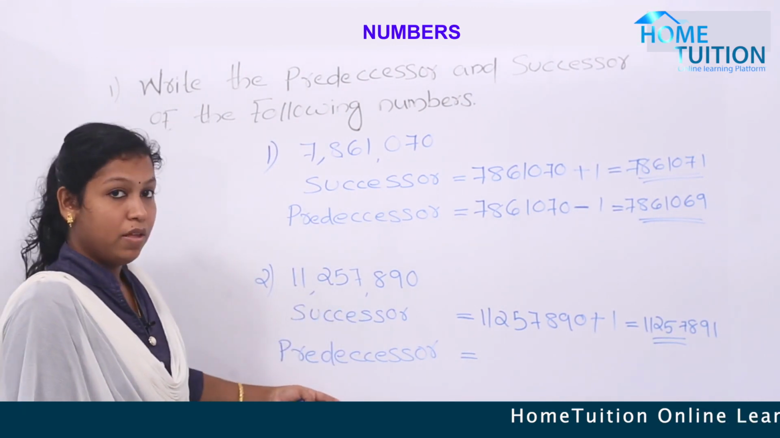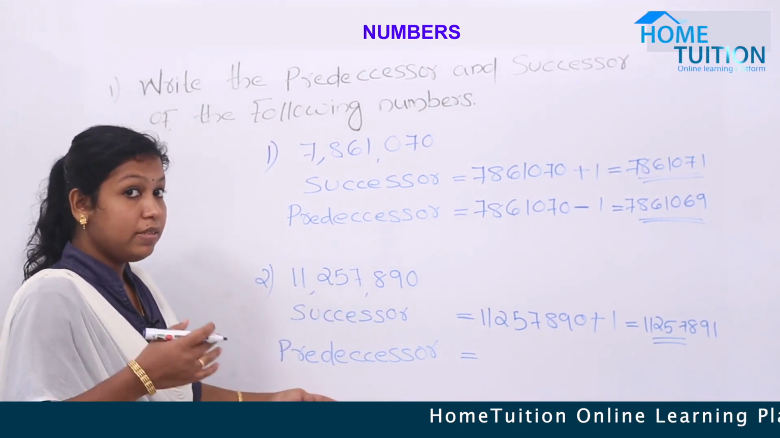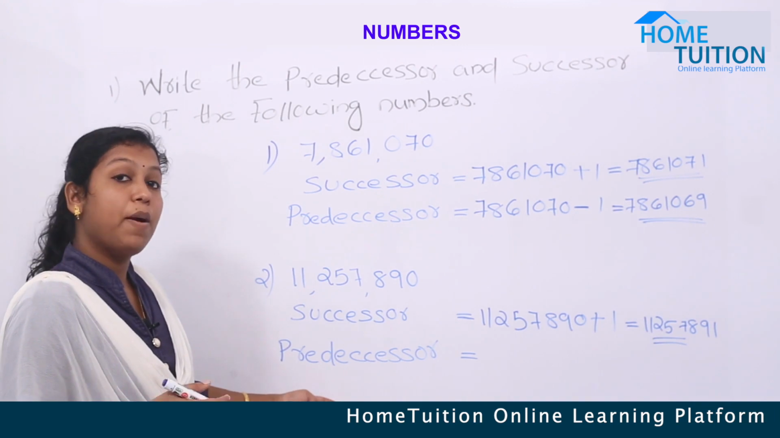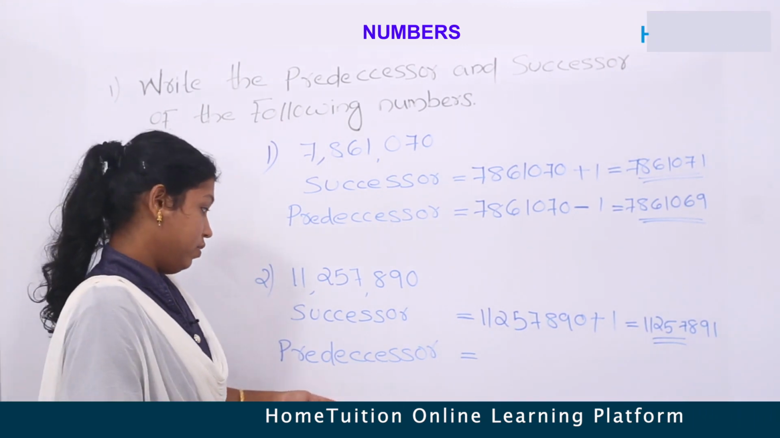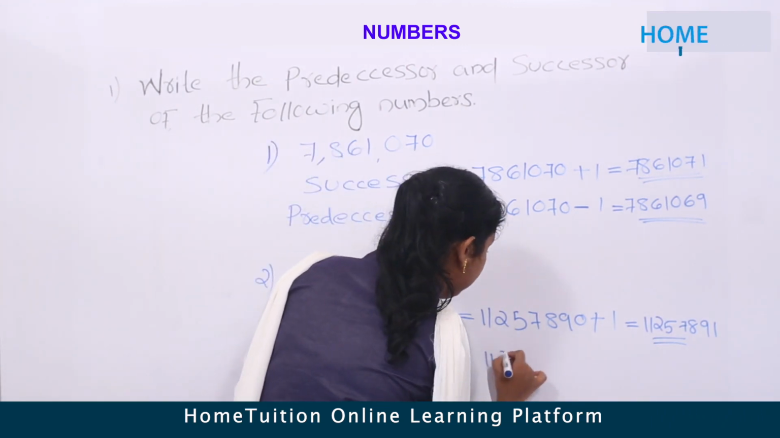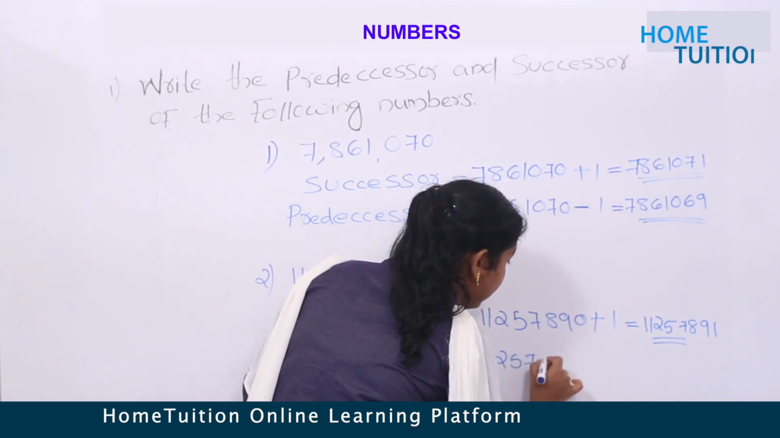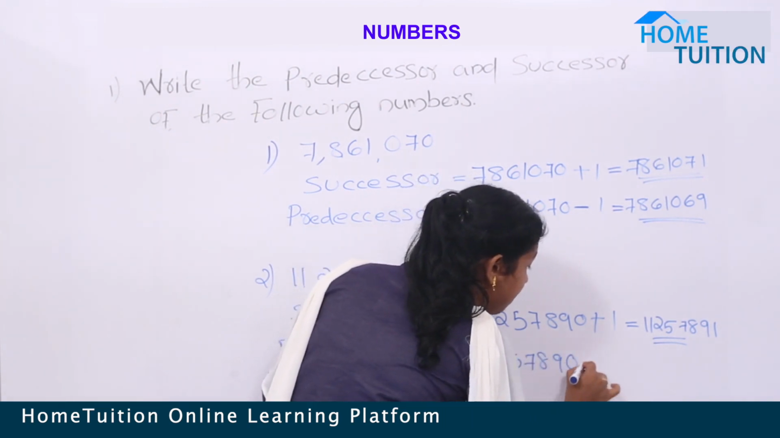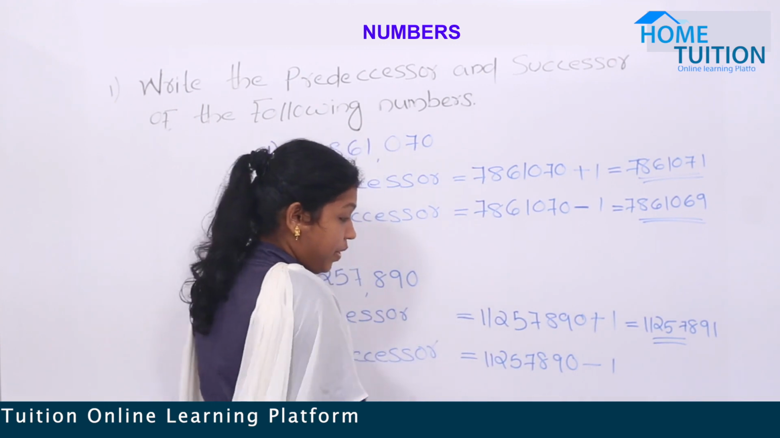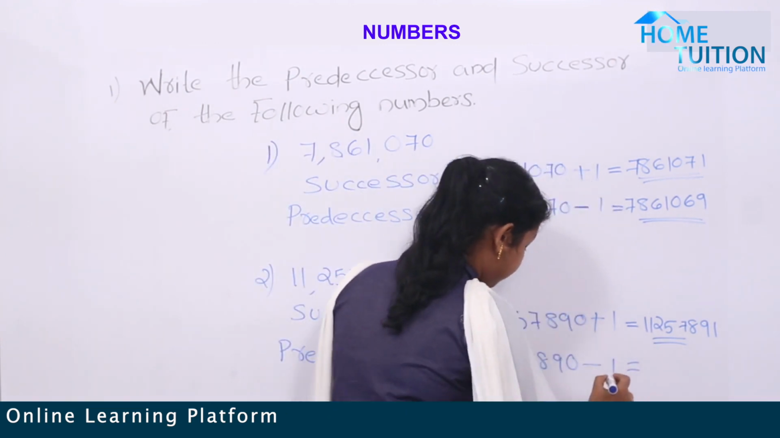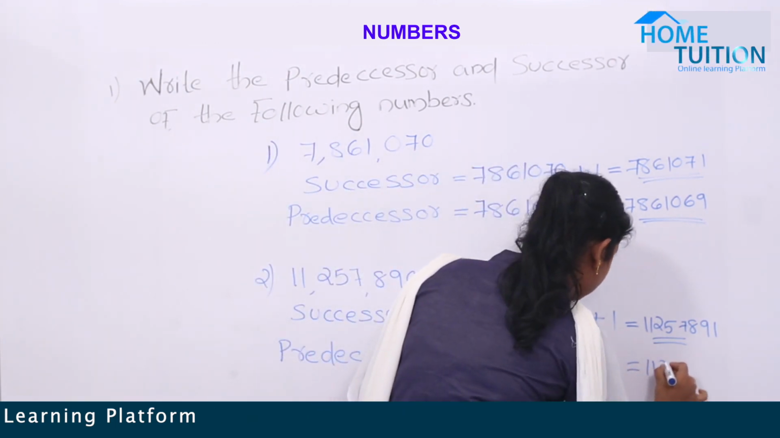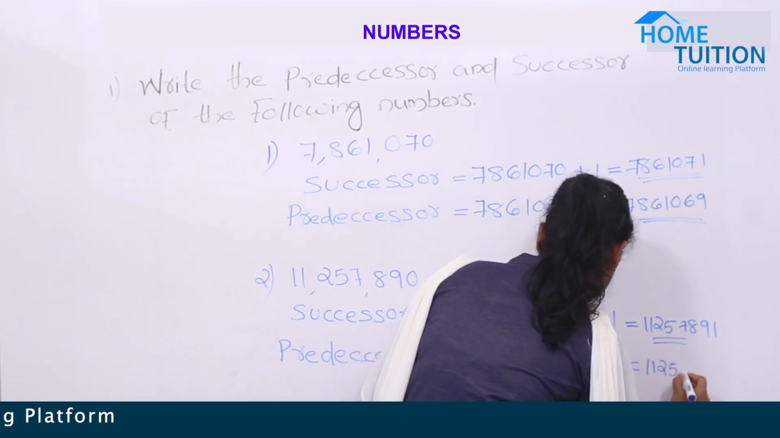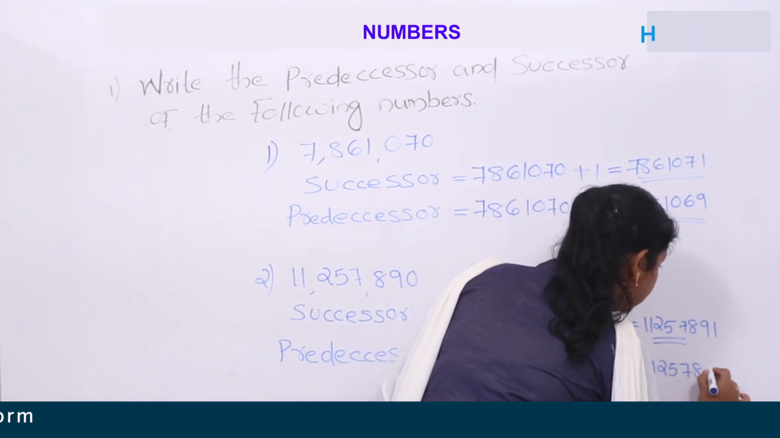Then the predecessor. Predecessor is less than the number. That is number minus 1. So 11,25,78,90 minus 1, we get 11,25,78,